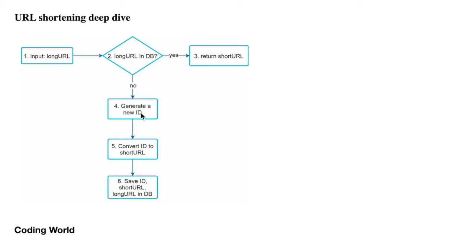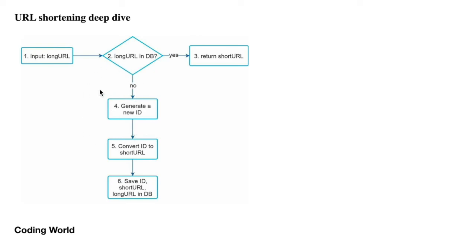In the previous video, I explained how to create a unique ID with Twitter Snowflake or other architectures. You can refer to that, and from that design you can understand how to create the unique ID from the Twitter Snowflake algorithm. Okay, so once we get a unique ID from that, we pass it to our base 62 converter, and that converter will give us a short URL which is 7 characters, and we will store it in our DB, and that short URL we will return for the long URL.